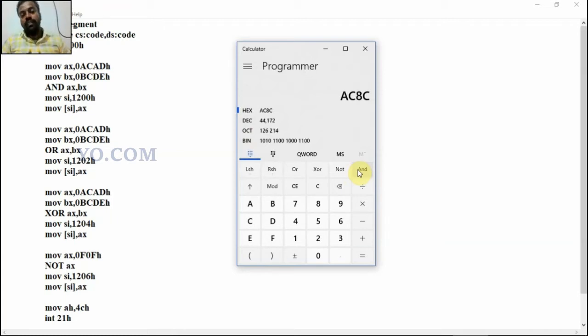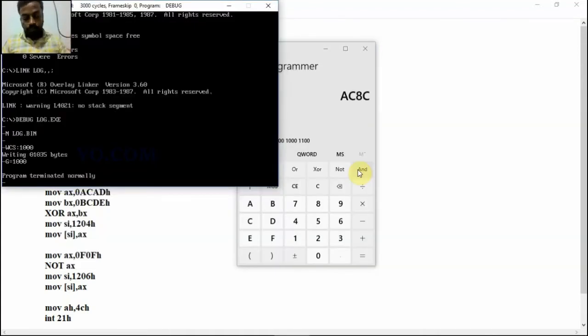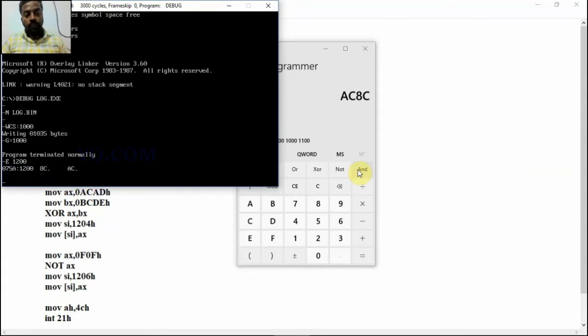The result is AC8C. Let us see the result here. E space 1200, enter. The result is correct: 8C AC. This is for the AND operation.